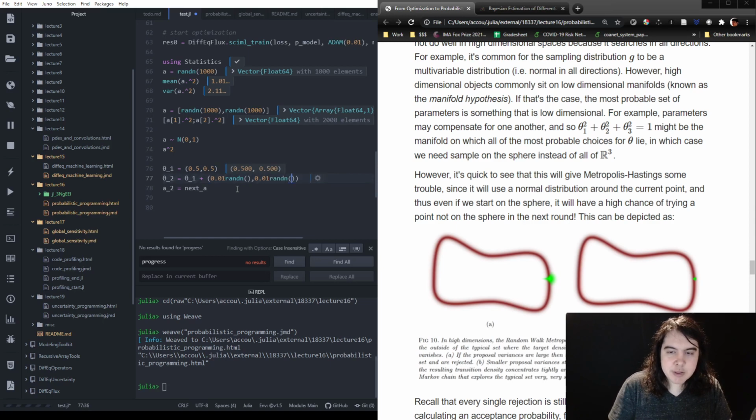Right, so we just do independent randoms in all directions. So then if we do independent random numbers in both directions, we're getting points which are centered around 0.5, 0.5. But the issue here is that we know that there's a linkage between our parameters. So the probability of going in all directions is not correct. The probability of actually hitting a point on this line is really, really low,